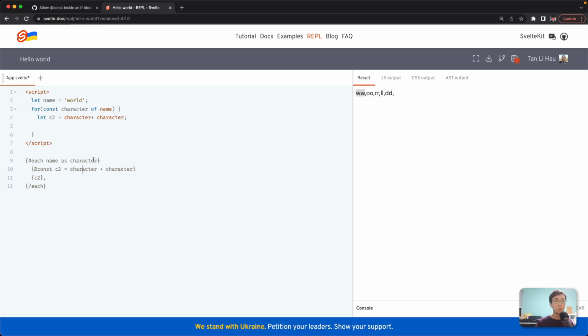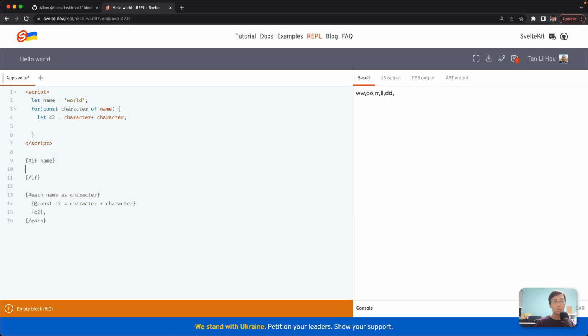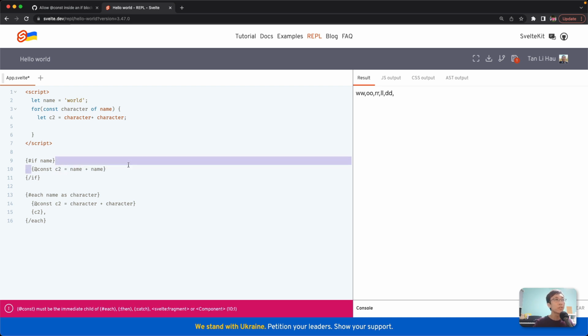So we have this in each block. Each block is a place in Svelte's templates where it creates a new block, a new scope, right? For if, usually we don't create a new scope. Because we have if name, here we don't really declare a new variable. The condition is a variable that you've already created. So in our initial implementation of the const tag, you can't create something like this equals to name plus name. This does not work in an if block